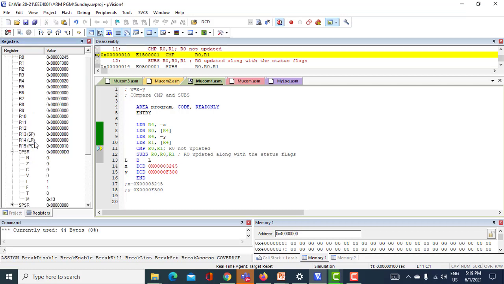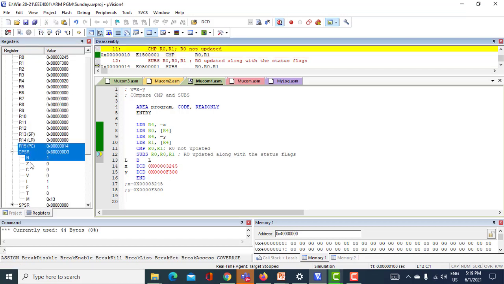CPSR flag, I have expanded it. So comparison is again R0 minus R1. This is nothing but 3245 minus F300. See, your negative flag is 1. Both of your sources R0 and R1 values are not updated by using your compare.